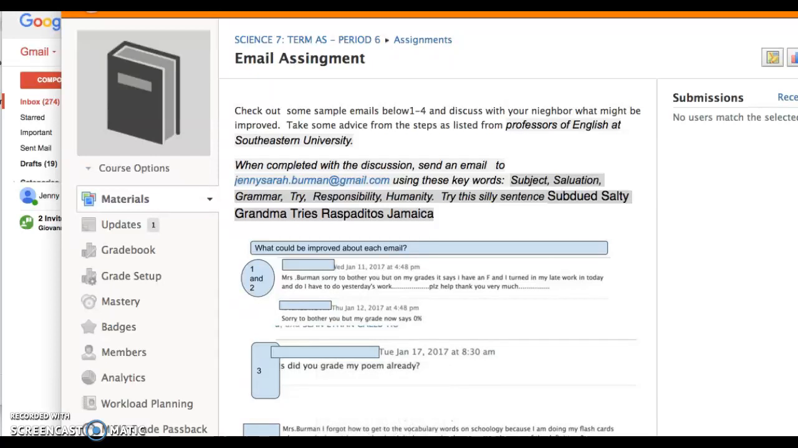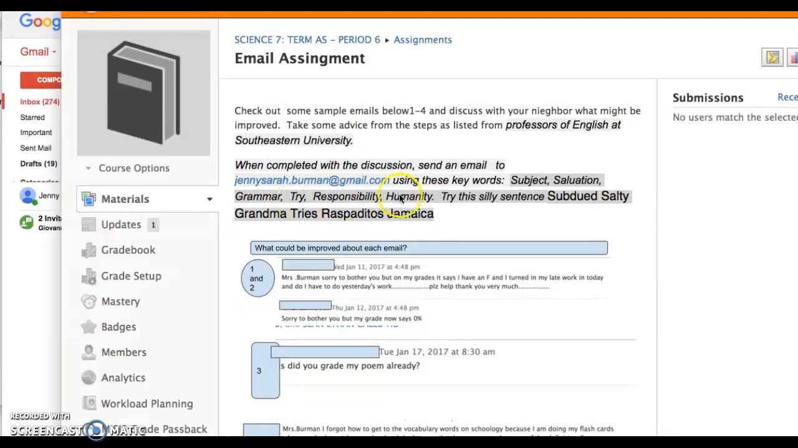Today I want to tell you how to write a formal email. This can be an email to a teacher, or to a newspaper, anyone who you are trying to get information or give information to. We are going to use a silly sentence that will help you remember called Subdued Salty Grandma Tries Raspaditos Jamaica. And what these sounds stand for are another group of words that are subject, salutation, grammar,